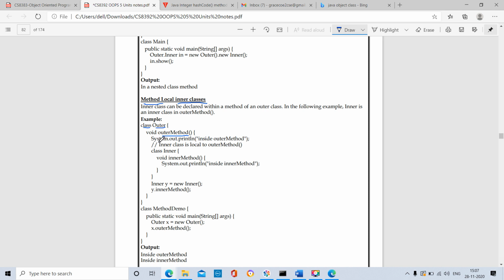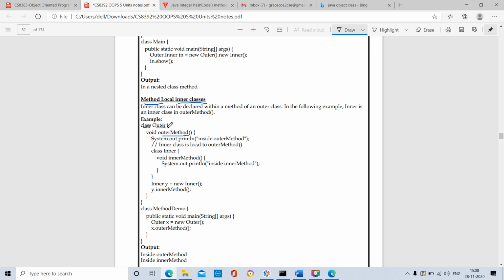The method definition is given here, this is not a declaration. See, I am telling the difference: method declaration is different from method definition. Here they are giving the definition. The definition of outer method is system.out.println, which will display the statement inside outer method on our output screen.